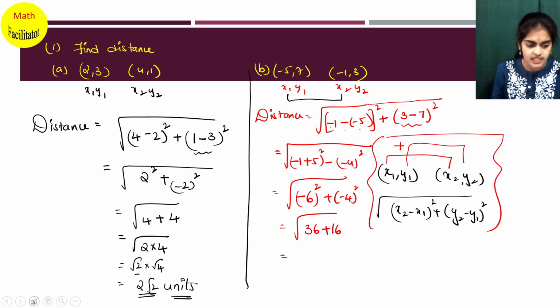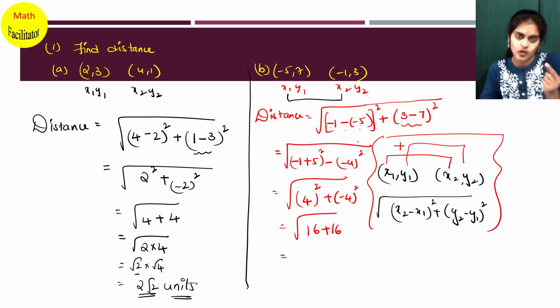Isn't it? So minus 1 plus 5. Now these are two integers, one negative, one positive. So what do we get here? Minus 1 plus 5 is nothing but 4, isn't it? So this is 4 square. So how much do we get here finally? We get 16 here. 4 square is 16. Okay, so one small sign will make a lot of difference.